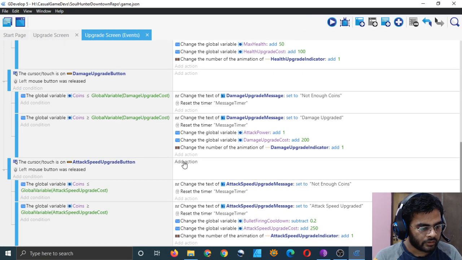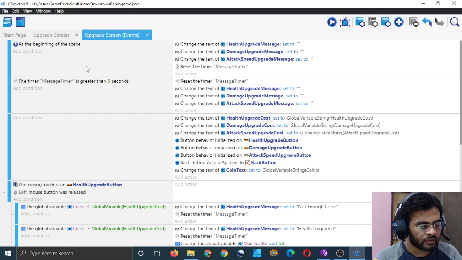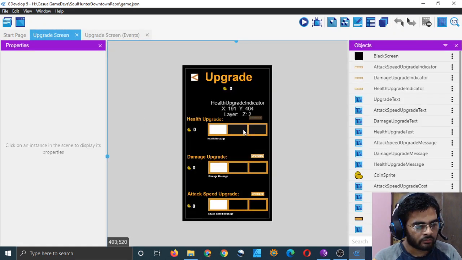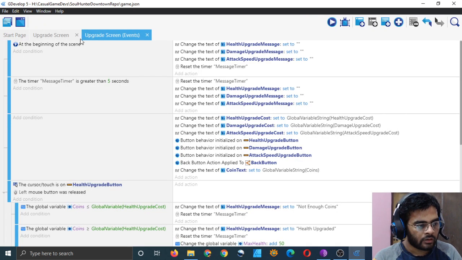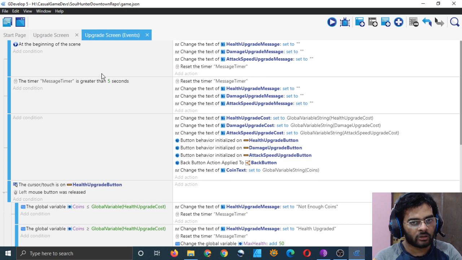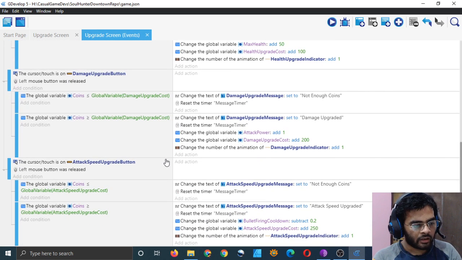And now I will just assign these numbers to the animation. I mean, I will change the animation of these indicators according to those numbers at the beginning of the scene, and then when the player upgrades, the animation will change and these variables will be updated again.